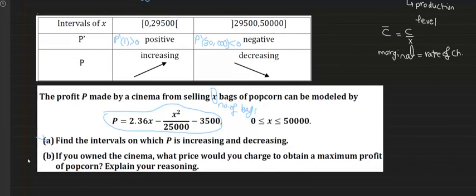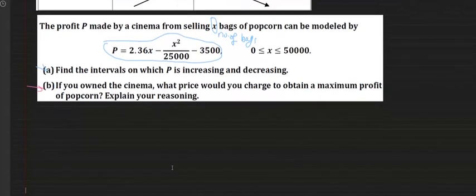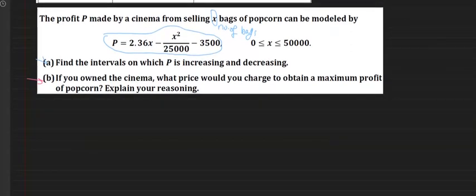Here, so we know that the profit is the revenue minus cost, right? And we are given the profit problem here. So we need to obtain the maximum profit. So as if we need to maximize the profit,